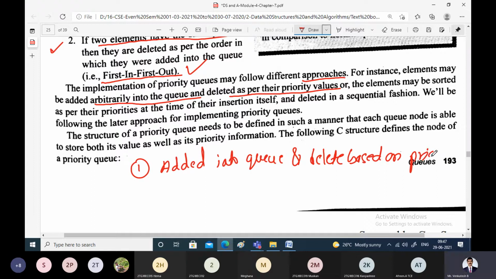In the second approach, elements are sorted as per their priority while we are inserting itself. That means sort during insertion.